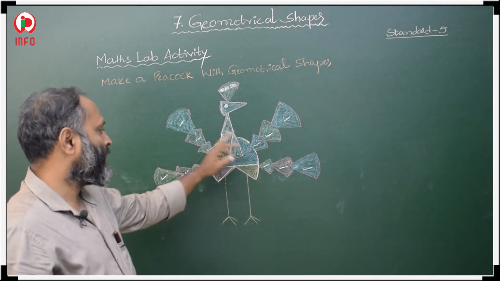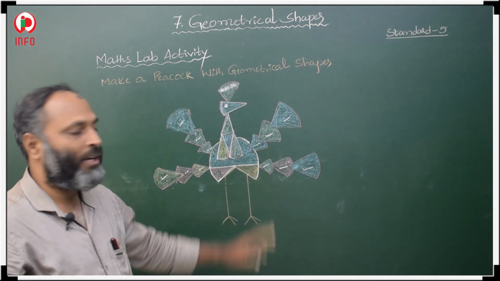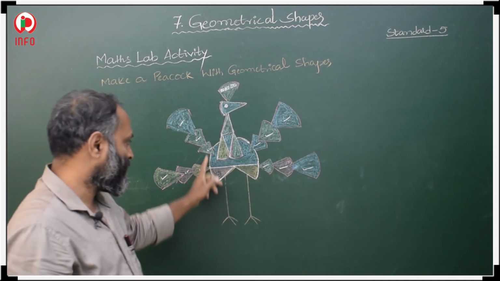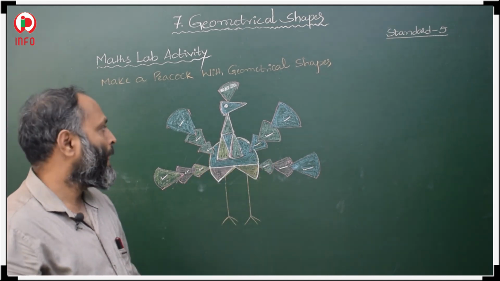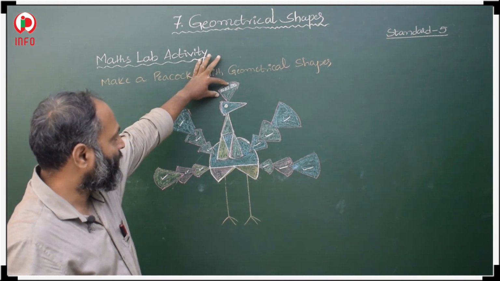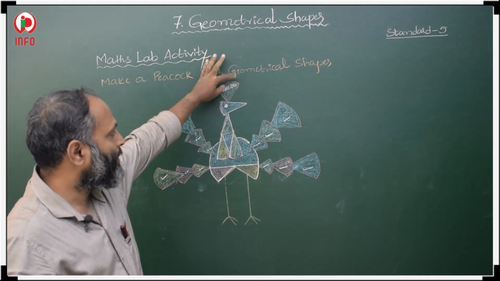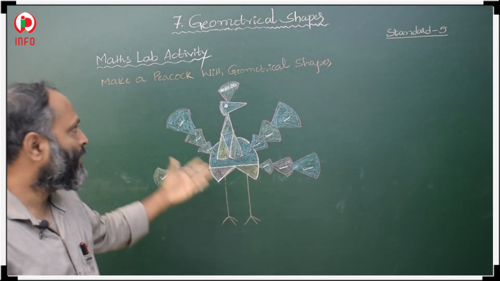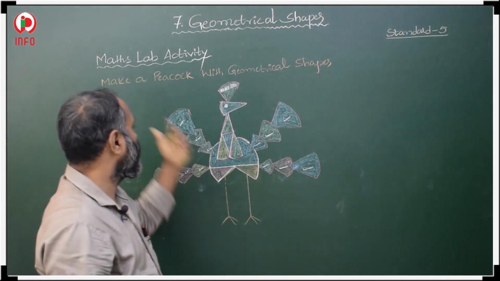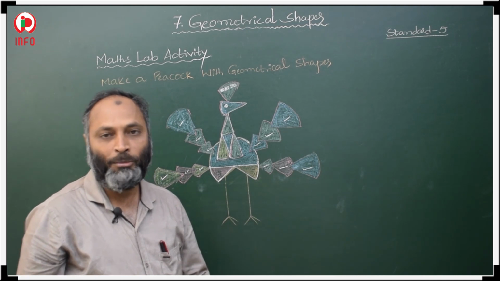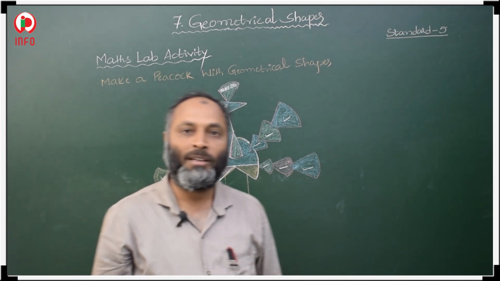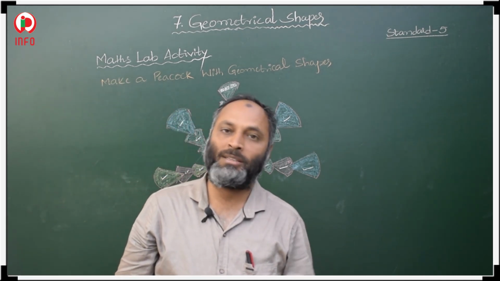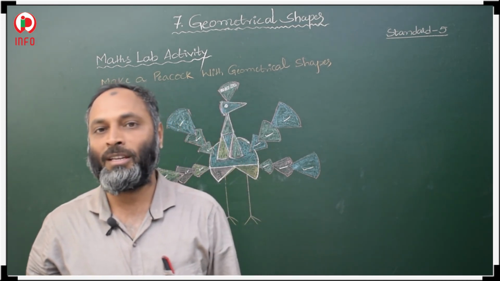Okay, and for the half circle, here you have to cut two congruent sectors of the same size in this circle. Then you have to cut one more like this and paste it on the top. Make your designs and color, so you get your peacock. In this way you prepare your peacock. Cut different shapes and paste, and you'll get your peacock. Okay students.